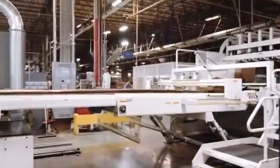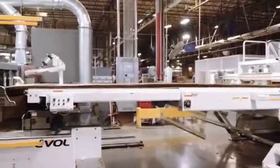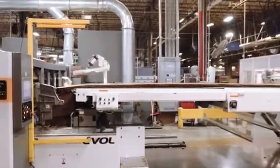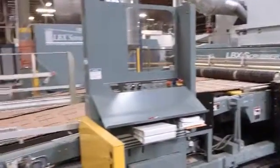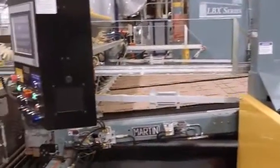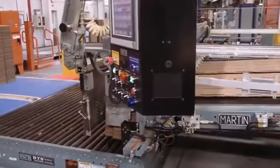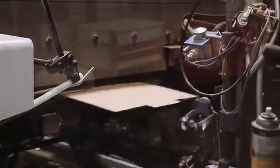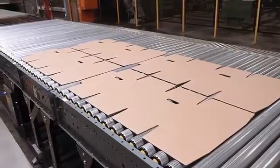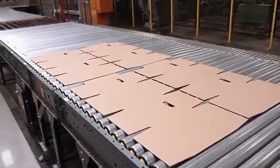Converting machines turn corrugated sheets into boxes. These machines print designs and branding onto the boxes and cut the boxes into the proper dimensions for their need. There are two main types of machines: rotary die cutters and flexo folder gluers. The flexo machine glues and folds the box upon completion, while the rotary die cutter leaves the box unglued and